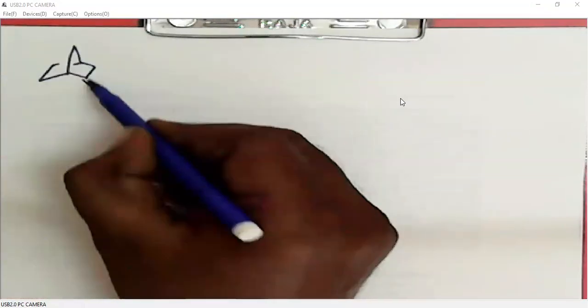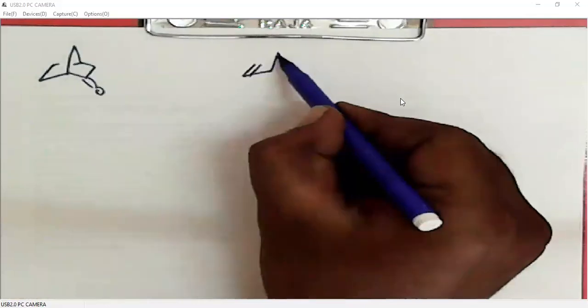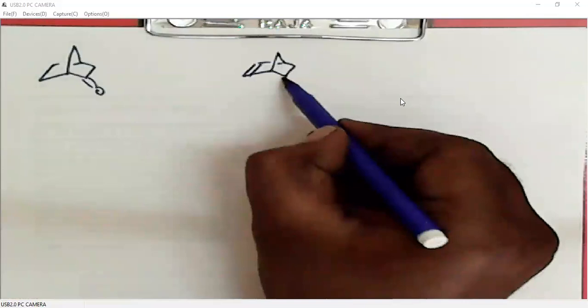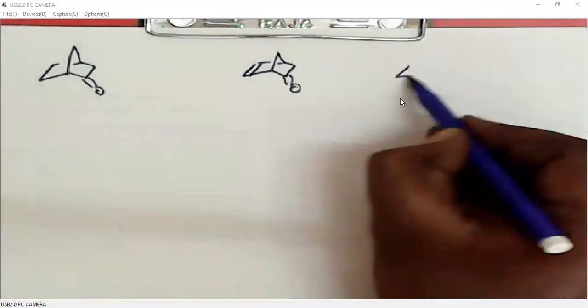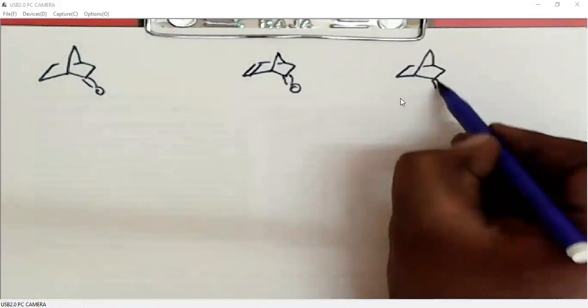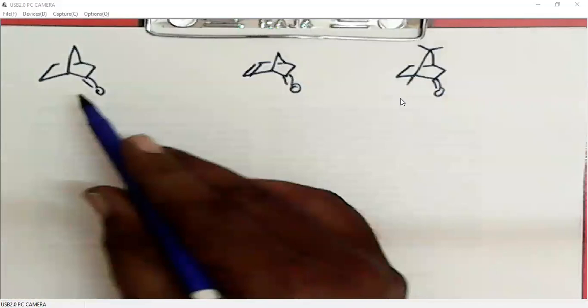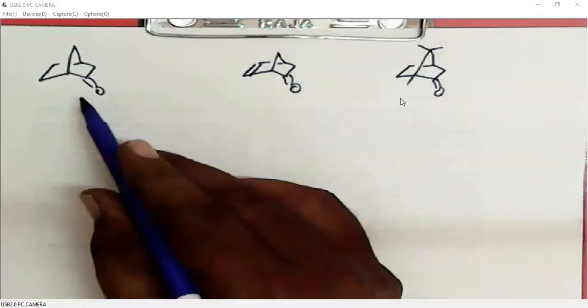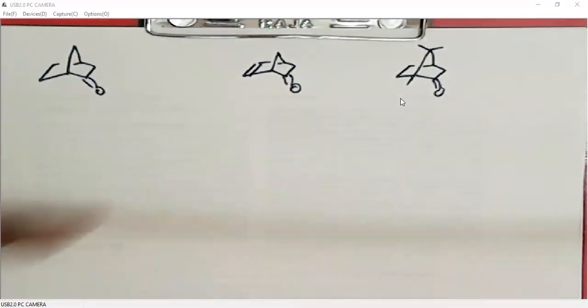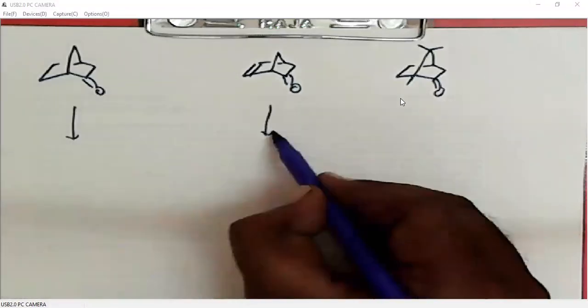We will have these three. This is camphor, right? This is simple norbornane. This is an alkene in norbornane. When we use selectrides, L-selectride or K-selectride,